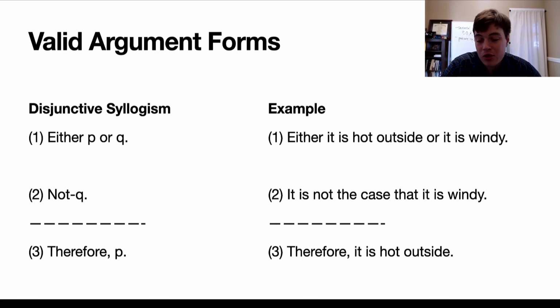But then suppose that you discover, maybe you go outside, and you're like, I don't feel any wind. It's early in the morning, before the day has started. It's not windy. What follows? What can you conclude with your two bits of knowledge? Well, you can conclude that it is hot outside right now. You have, in other words, eliminated one of the options, and so whatever option remains must be the one that's the case. It's a kind of process of elimination, is one way to think about it.